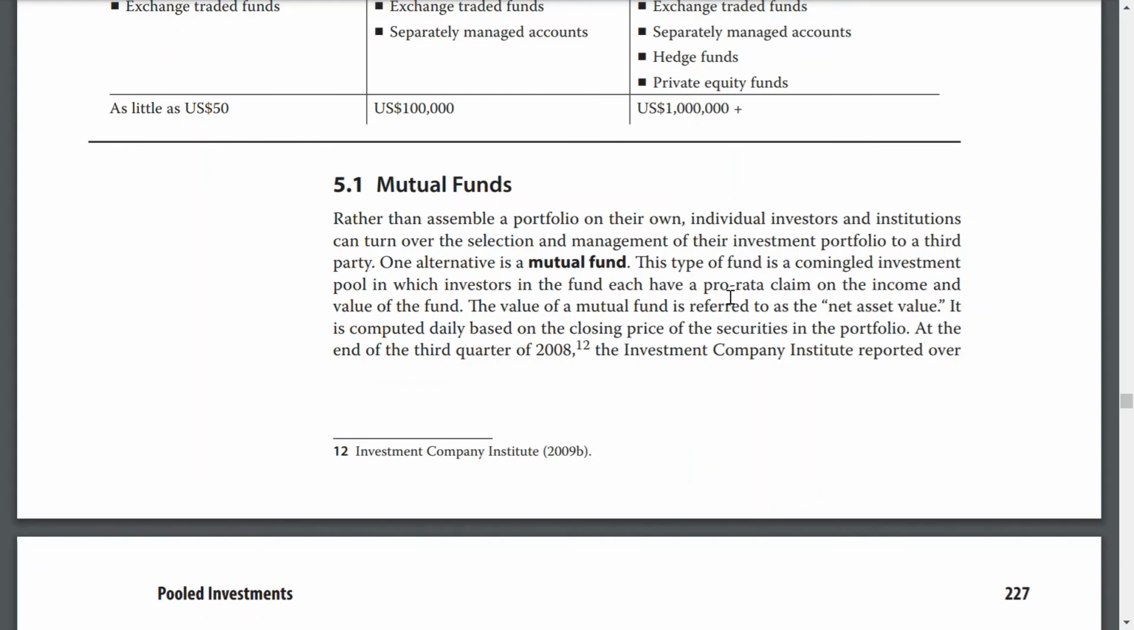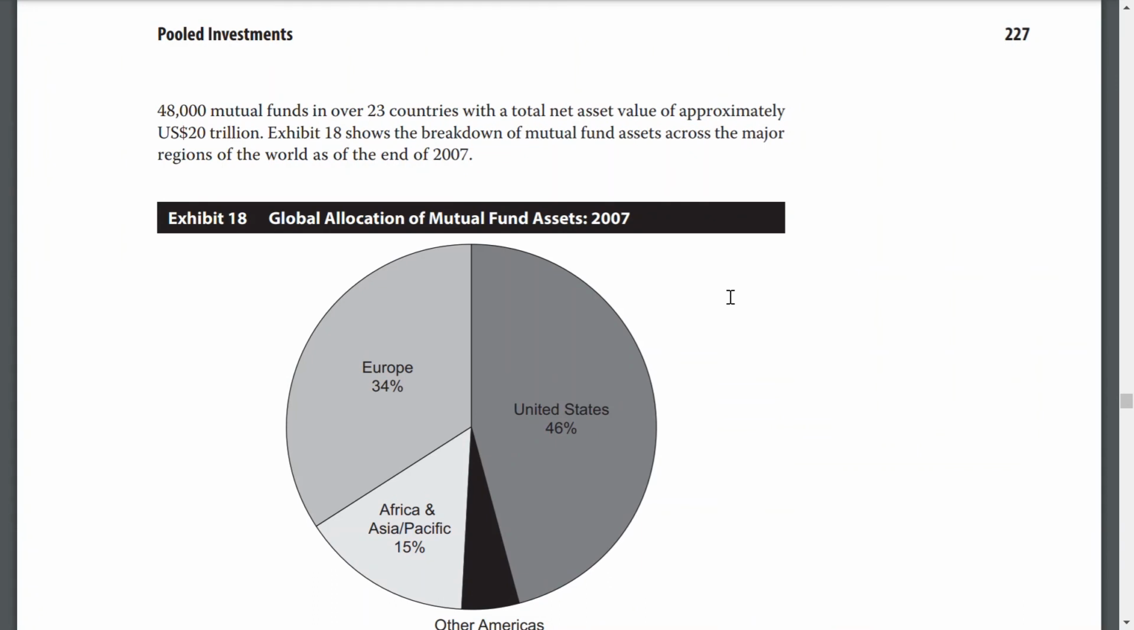The value of a mutual fund is referred to as the net asset value and is computed daily based on the closing price of the securities in the portfolio. At the end of the third quarter of 2008, the Investment Company Institute reported over 48,000 mutual funds in over 22 countries, with total net asset value of approximately $220 trillion. Exhibit 18 shows the breakdown of mutual fund assets across the major regions of the world